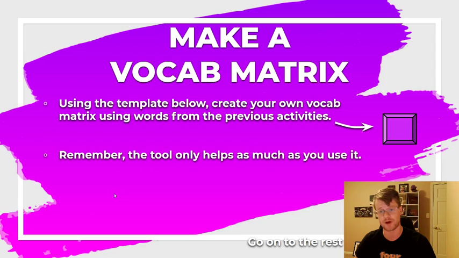If you're going with option one, you need further assistance with the what of understanding what just happened. You're going to be making your own vocab matrix. You'll do that here in class. It shouldn't take you too long because we've had practice with these in the past. Just remember, the tool is only as good as you actually make use of it. If you are struggling with understanding the mini lesson that we just did, making a vocab matrix won't do you any good if you don't actually utilize it.